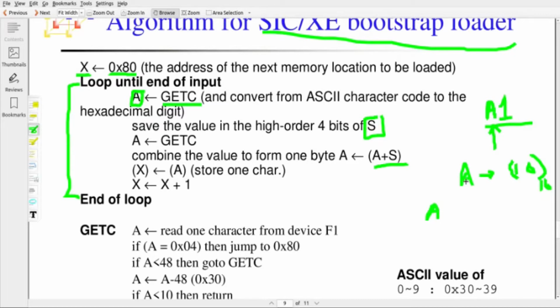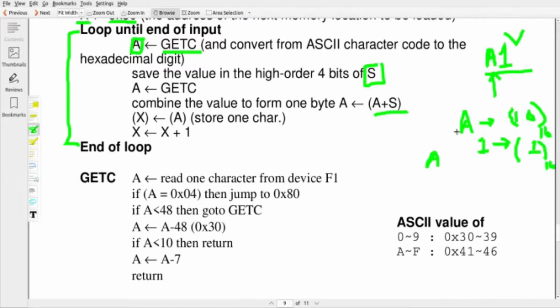Next it reads the next character, 1, an ASCII character, and performs the operation to convert it from ASCII into hexadecimal 1. Then we get in the accumulator the upper 4 bits representing hexadecimal value 10, and in the lower portion, in register S, the value 1. Then add A plus S, and you get A1, where A is hexadecimal 10 and 1 is hexadecimal 1.